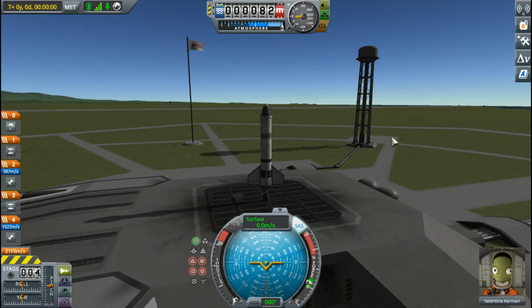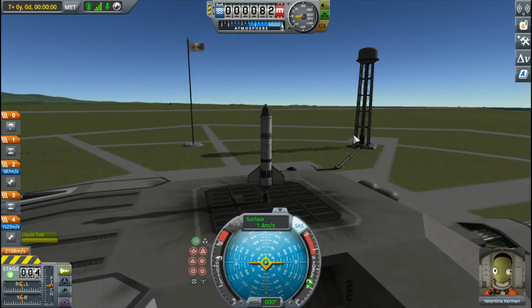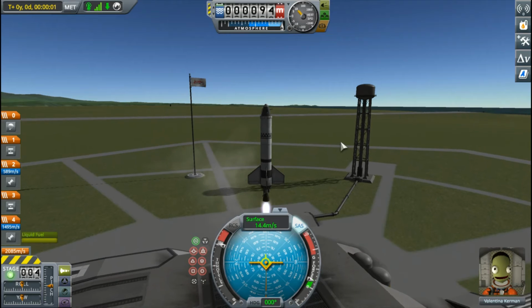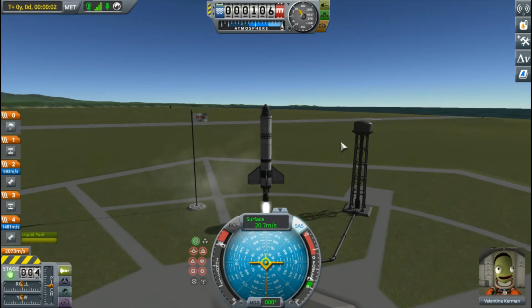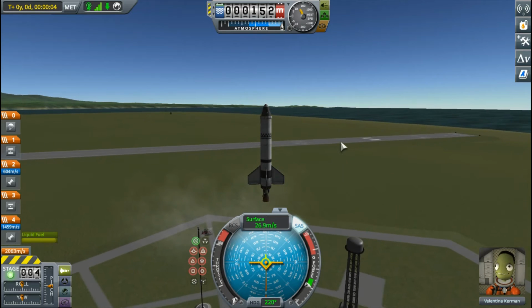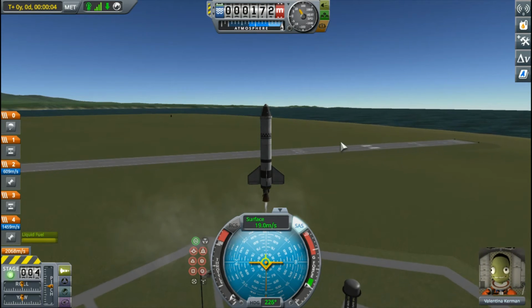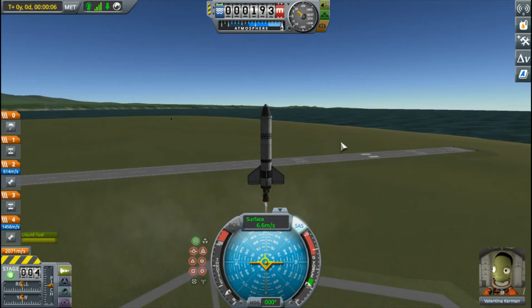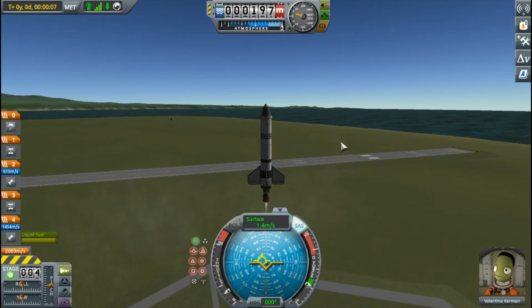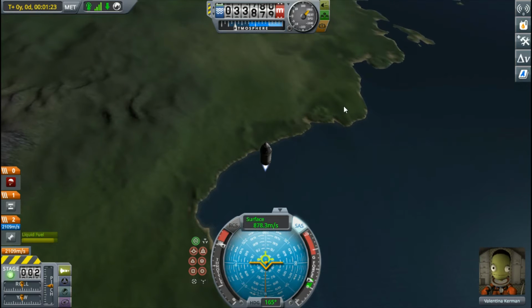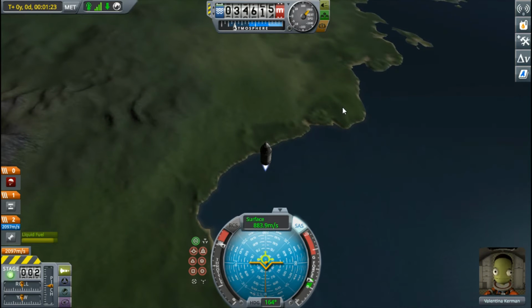So press space to enable the stage. Press Z for full thrust. X to do zero thrust. And shift and control to... I had to skip ahead a bit because